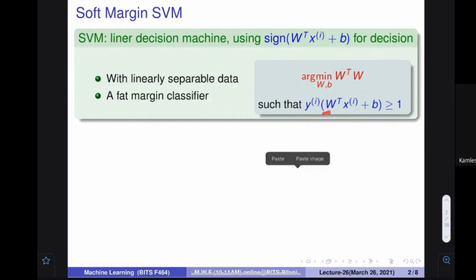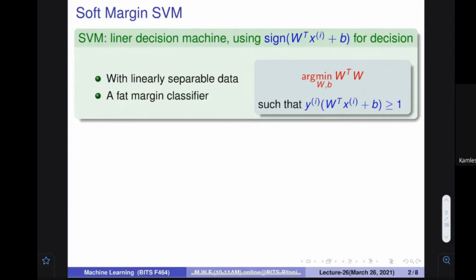And this particular thing says, because you know that for a positive point this would be positive, and Y is also positive, so the value would be 1. For negative points, this value would be negative, and Y is negative. So if you multiply, it is again going to be greater than 0. If it is not greater than 1, then what does it mean? It means that that particular point has not been classified well. So we need these two conditions. Using these conditions, we can find the SVM classifier.